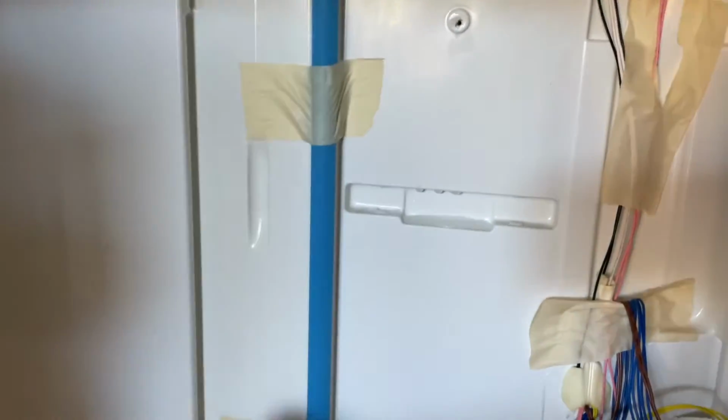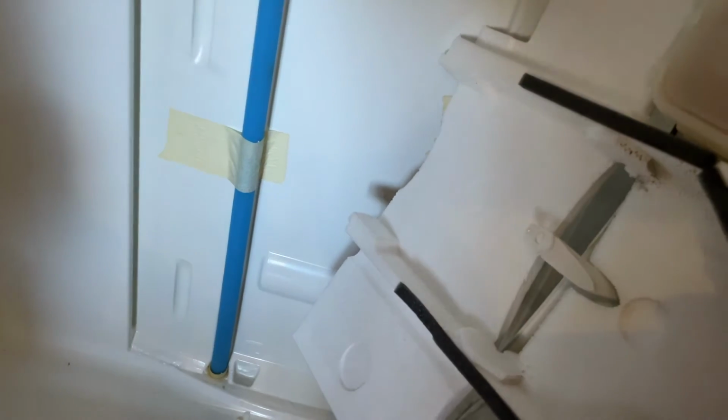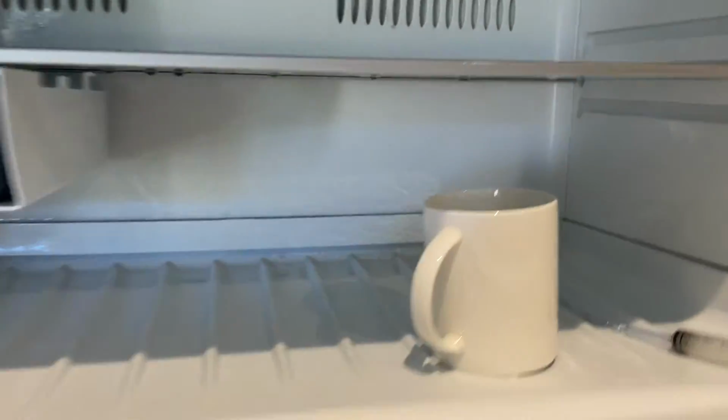See here, there it is, running right the way down to here. So we're going to pull that off. It's a bit of a flexible pipe. We're going to pull it off and see what we can do about clearing it out and letting it drain right the way through. So a good non-intrusive way, without pulling the whole fridge apart and doing everything else,